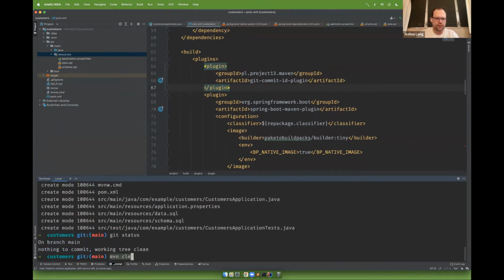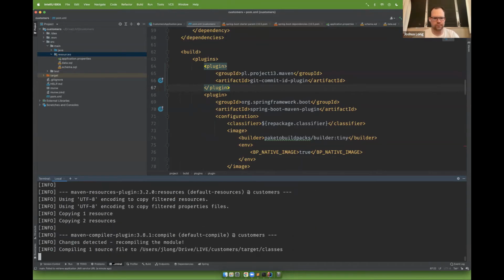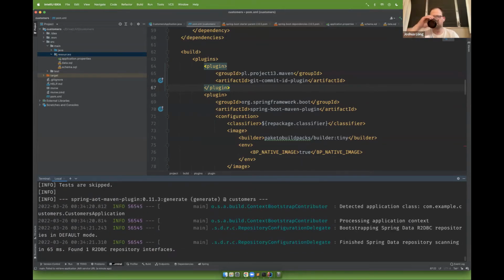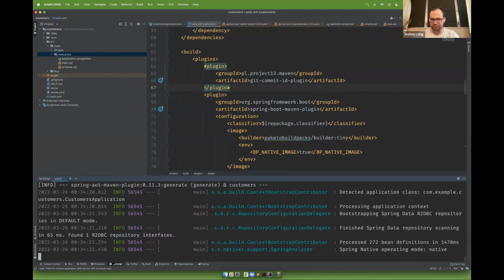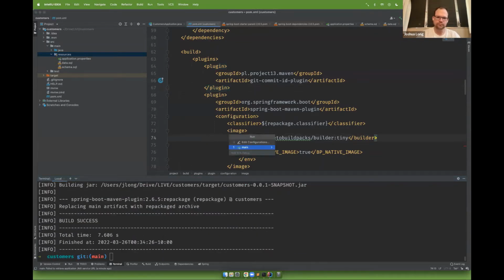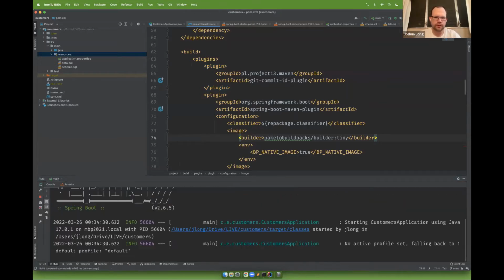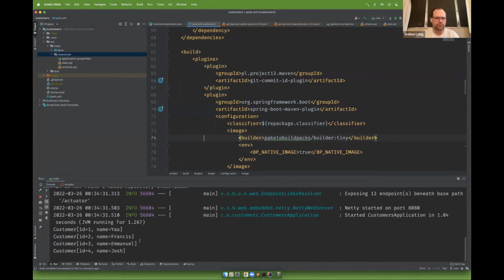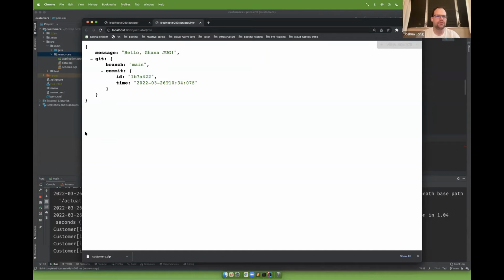So Maven clean package, and I'll save a few seconds here. Alrighty, so we're going to restart, and that's done. You can see now that there's information about the current branch